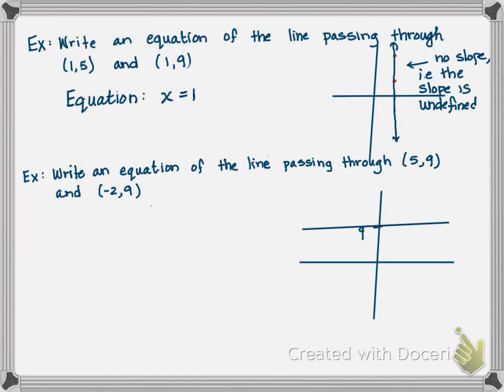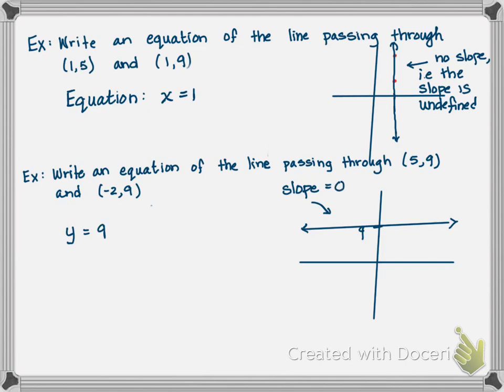Something like that, right? A horizontal line. So what should that equation be? Y equals 9. Yeah, y equals 9. So again, saying that the y value of every point on that line is 9 is enough to tell us everything we need to know about the line. What's the slope of that line? 0. It's 0. Good. So slope